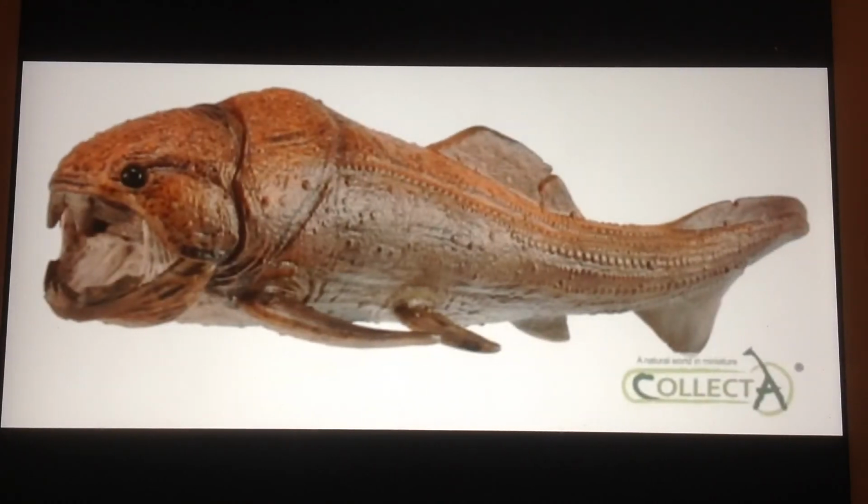Next up we have this awesome looking Dunkleosteus. Now this is probably the one I am looking forward to the most. Out of all companies, this is the figure I'm looking forward to the most. I've always wanted a Dunkleosteus figure to resemble the one from BBC's Chased by Sea Monsters. And CollectA did so. It's got an articulated jaw, but the one thing that bothers me about this figure is